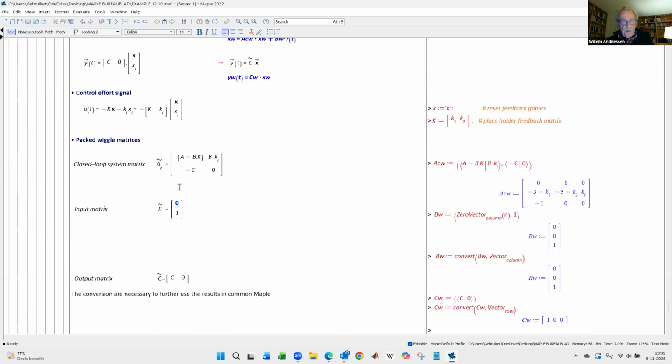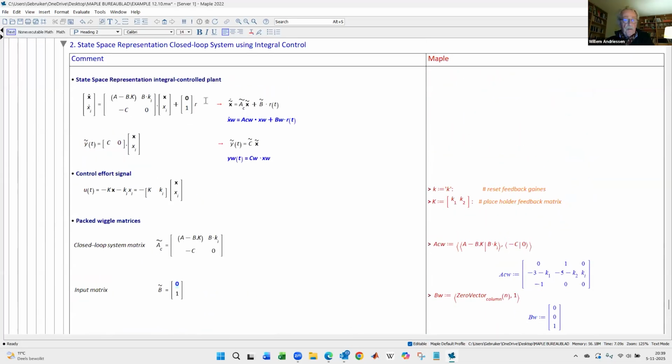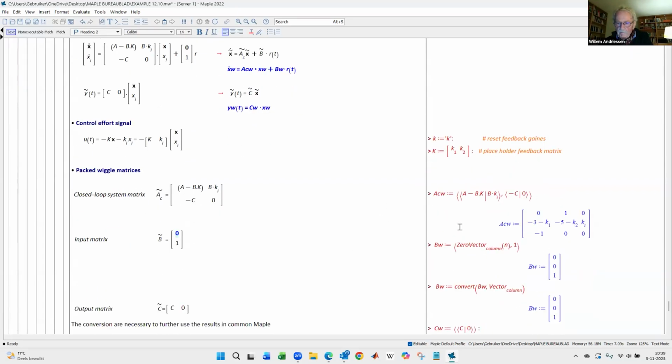That was really not a problem doing so in Maple, because multiplication of matrices is done with a dot or with a fat dot in between, and it's all very easy